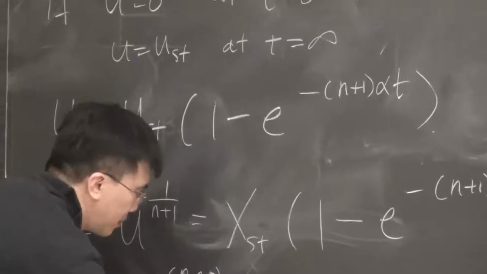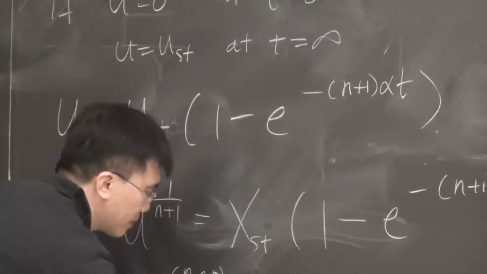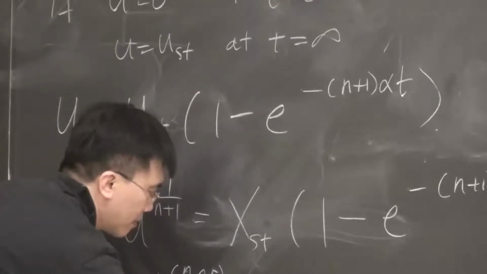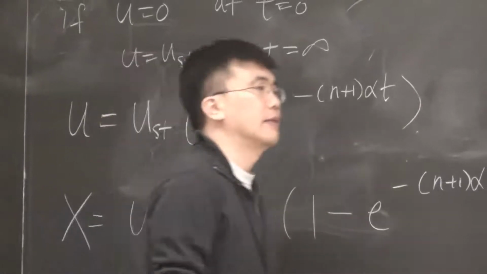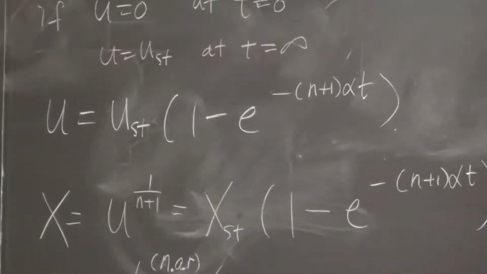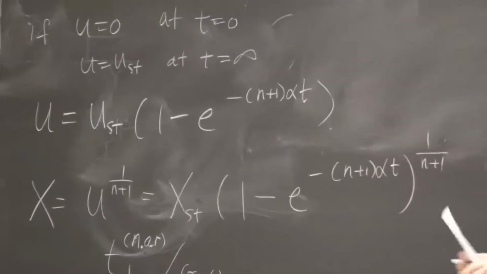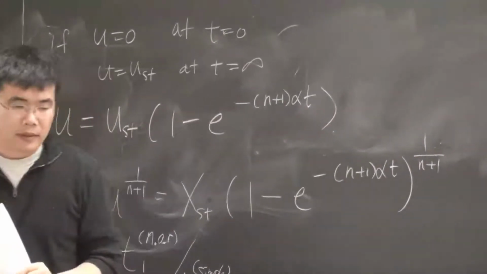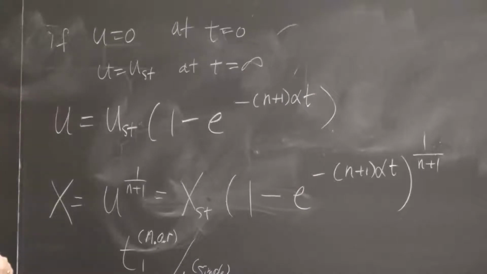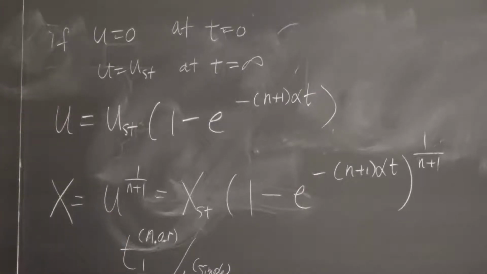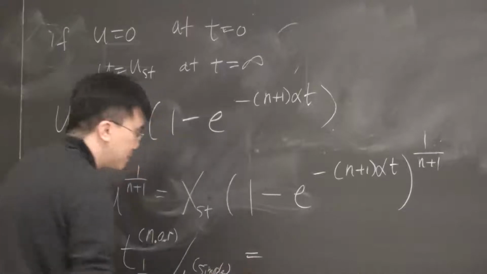And how does it compare to the half response time for simple regulation? Okay, that is, there's no concentration dependence of the production rate. Then I have,